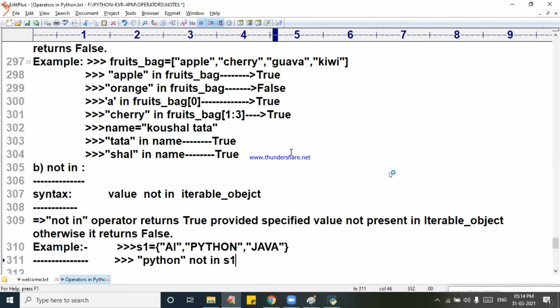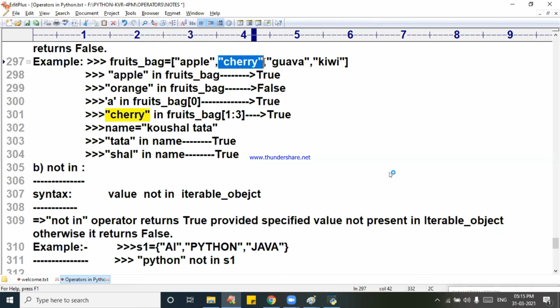Pawan Kalyan, what is the answer? Doubt about cherry in fruits? Okay, one minute. He is having a doubt about fruits bag of 1 colon 3. Fruits bag is nothing but an object. This apple is called 0 position.